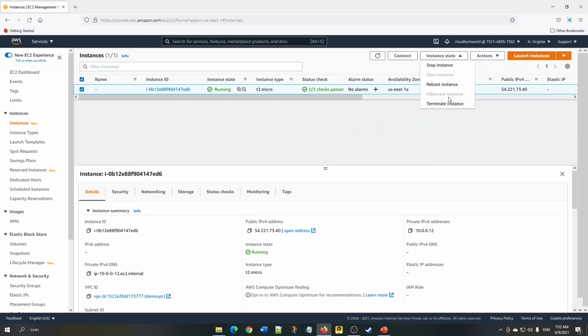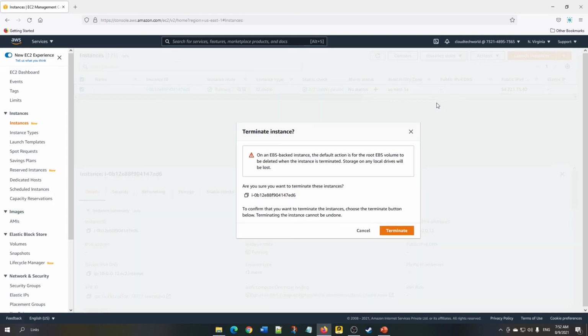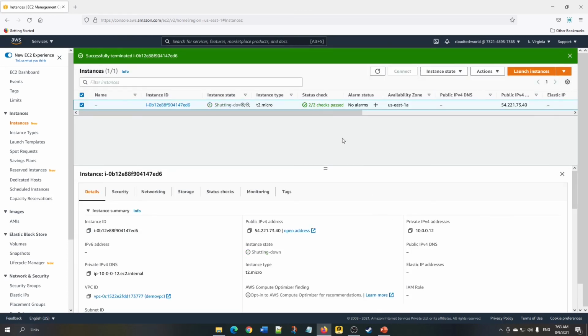Since this is for demo purposes, we don't need this instance running all the time. Make sure you terminate it. Click on terminate instance and click on terminate. It will take a few minutes. After that, the instance will be terminated.